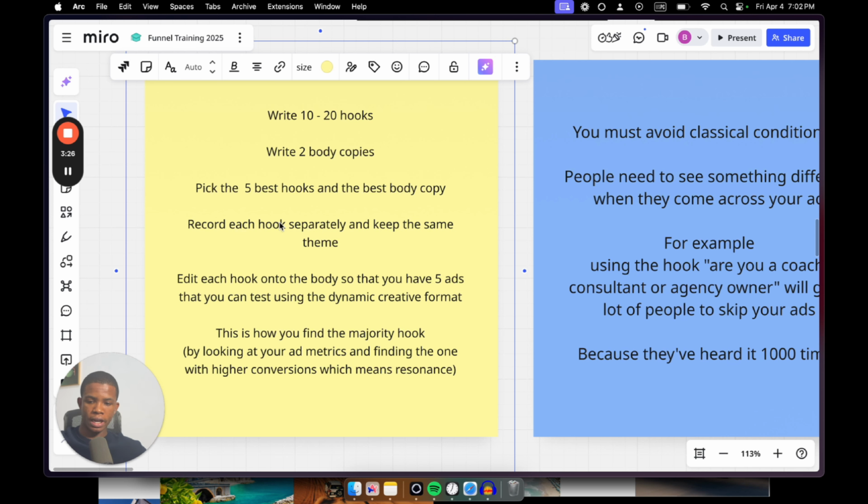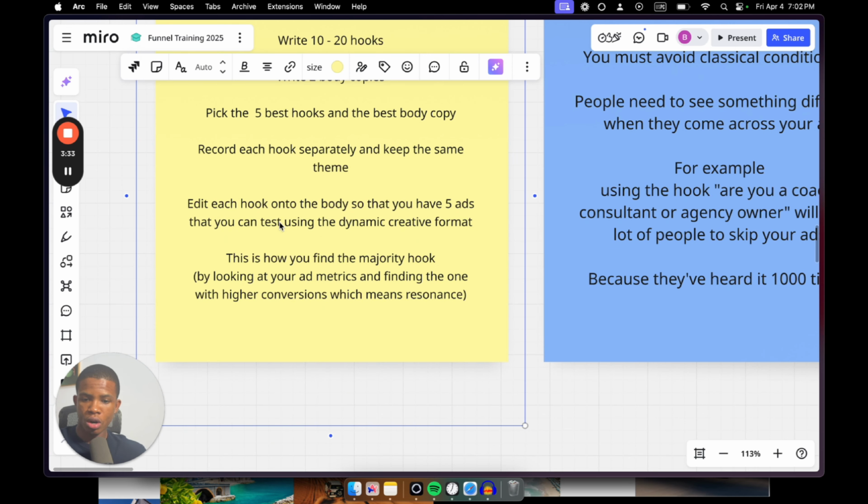Obviously, if you're recording in this setting that I am, you have to record in the same place so it feels and it flows naturally. You have to edit each hook onto the body so that you have 5 ads that you can test using the dynamic creative